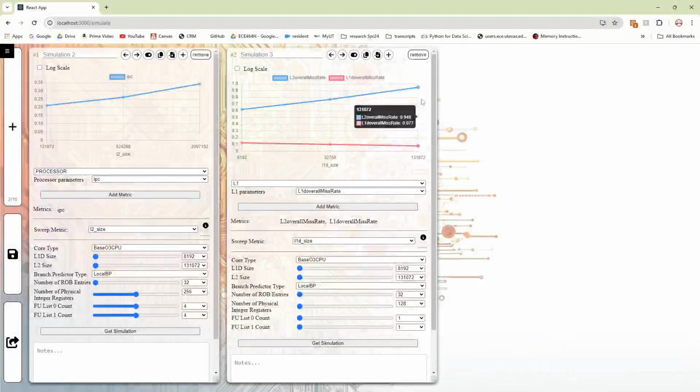As you are increasing the L1 size, you are going to be storing more data in the L1 cache, and kind of trivially, the L1 hit rate will increase and the miss rate will decrease, and that's what we see in the graph. But an unintended consequence of this is that